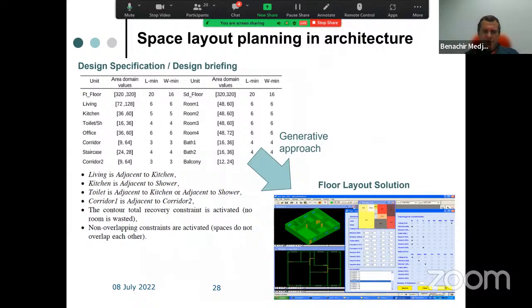I did work on this, and this is an example prototype I developed where we can describe a list of spaces. Here we have, for example, floors, etc. And for every space, I give a domain of possible surface area, okay? With min and max, if I want. And I can describe my design brief using different constraints: adjacency constraints between spaces, orientation. I would like this space to be either on the north or the south or any place. I would like my bathroom to be near my kitchen, etc.